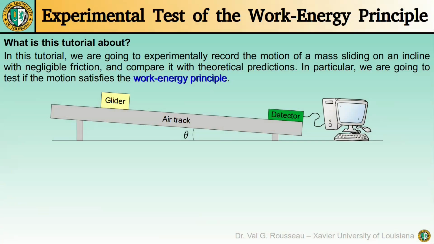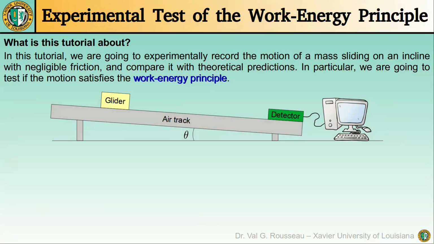In this video, we are going to experimentally test the validity of the work energy theorem and check whether the quantity that we defined as kinetic energy is meaningful or not. The experimental setup consists of a glider moving on an inclined air track with negligible friction,